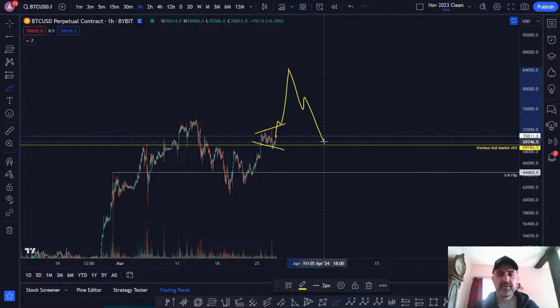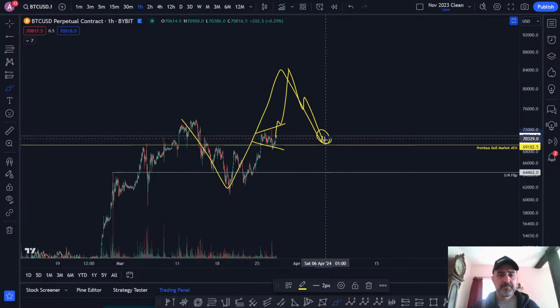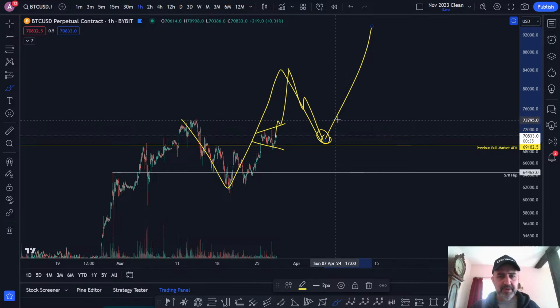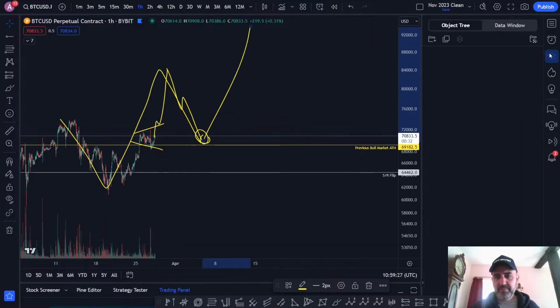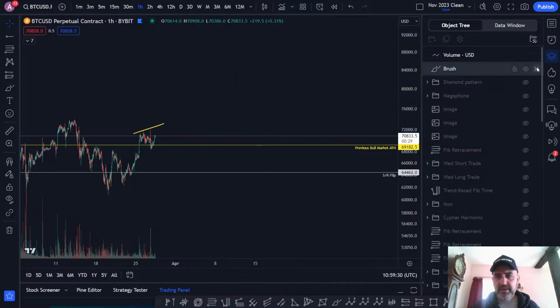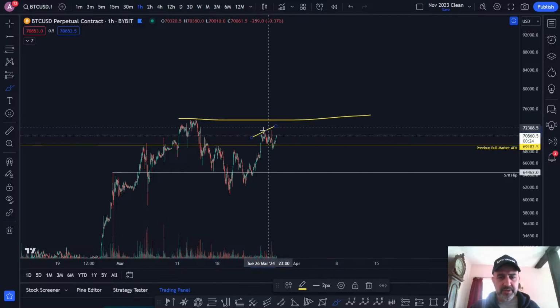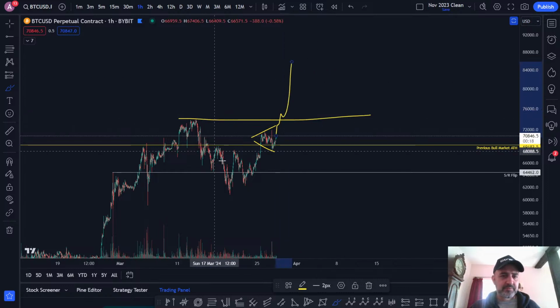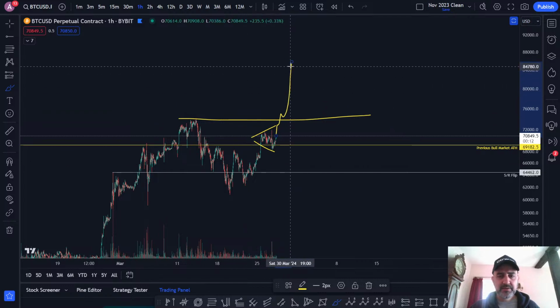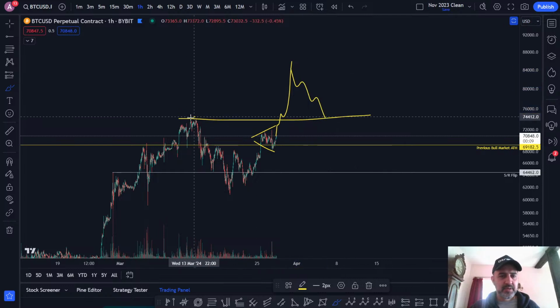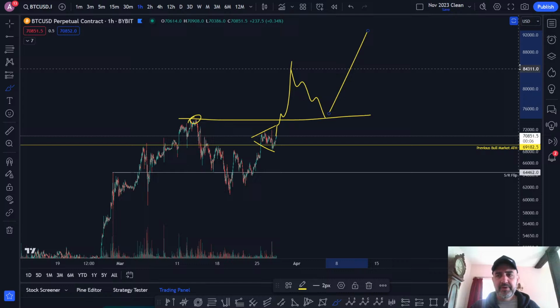because this could come down now. That's your A, B, C to go up. And coming down here to the previous bull market high might be overextended in the downside. It might be much flatter. So if that was to happen, you have this all-time high here now. Let's say you're in a megaphone, let's say we break out, that wouldn't be the next wave, that would probably be the B, that would be the C, back test, and then you're going.